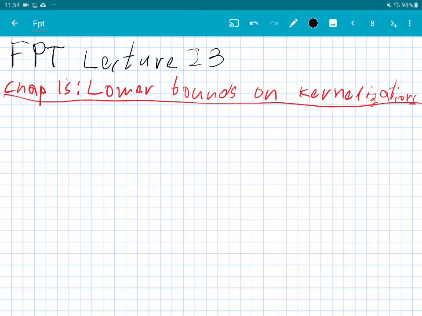And my presentation would be some kind of a random permutation of the presentation in the book, because I think that things are very technical, but somehow it's not easy to understand when you arrive at the interesting points. So what we want to do is prove that there are problems for which you cannot compute a small kernel, right? And the ultimate reason why we cannot do it for some problem is because it's essentially,